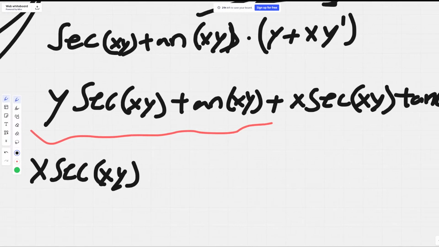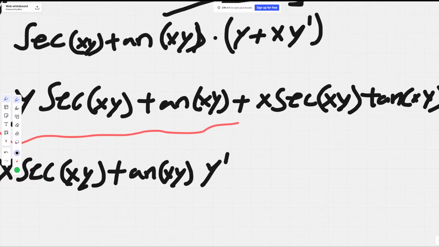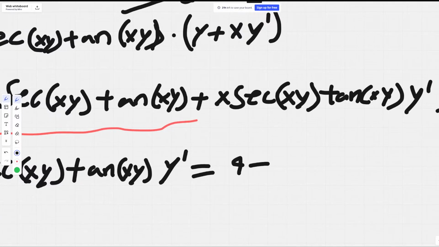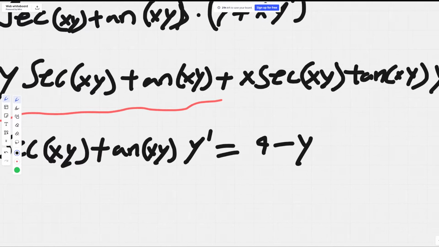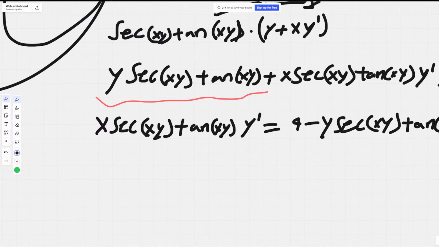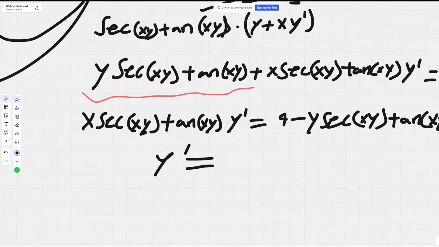Which will leave me x secant xy, tangent xy, y prime equals 4 minus secant xy, tangent xy. Then leaves in the final total 4 minus